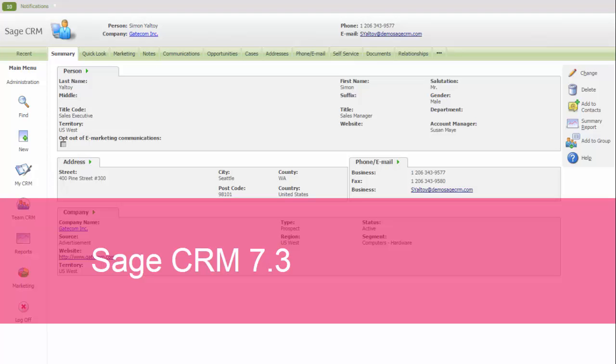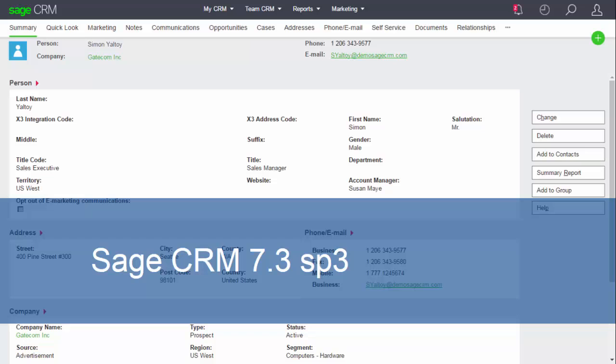It's worth reminding ourselves about where we've come from. Sage CRM 7.3 was released from development at the end of December in 2014, and so this would have been the main instance of CRM that was installed throughout 2015. And the Service Pack for Sage CRM 7.3, Service Pack 3 was released in July 2016, and you can see that in that time there was a rapid and dramatic change in the user interface, with much effort being put into making sure that the design and the usability features were all there and all correct.